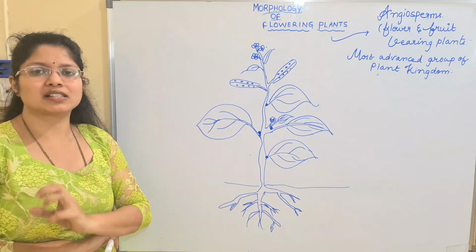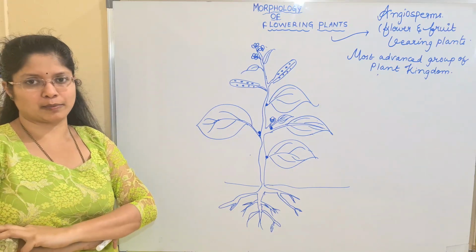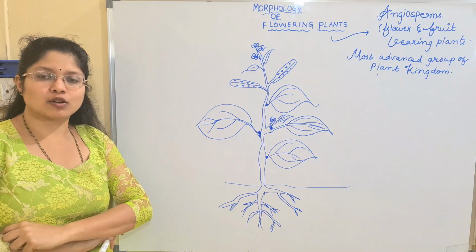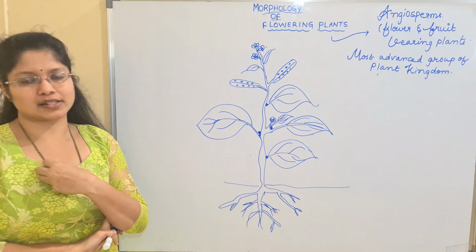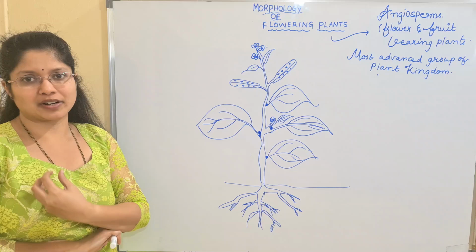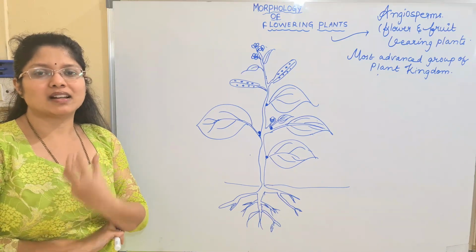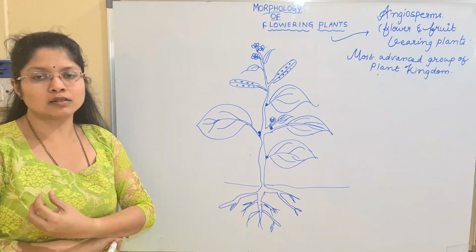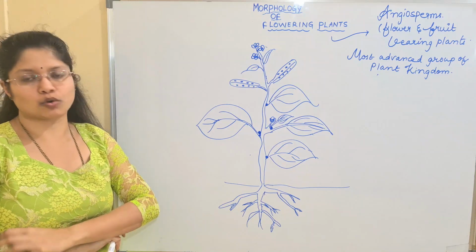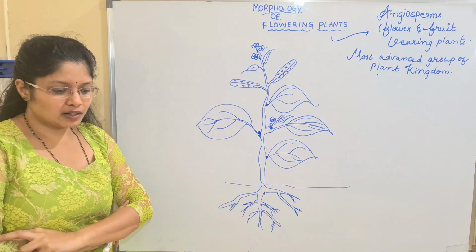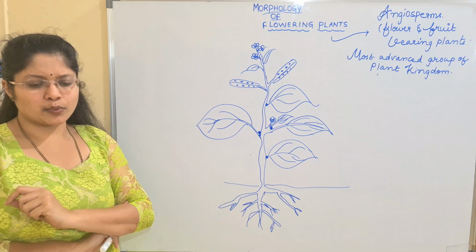The gametophytic phase is minimized in the case of angiospermic plants. Whenever there is a production of the haploid structures, then only you can see the gametophytic phase. Otherwise, the complete life cycle is mainly spent in the diploid phase, which is nothing but the sporophytic phase. And even these angiosperms are very important.